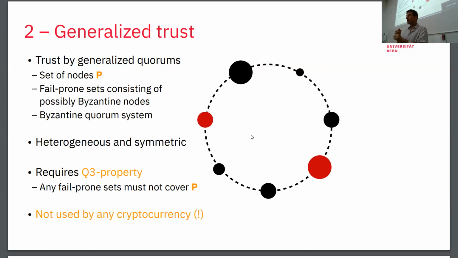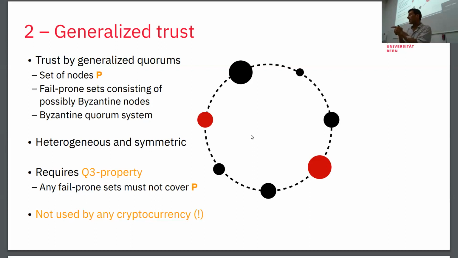This has long been known as Byzantine quorums in this model. You can also do this with cryptography. I'll talk about this later. This model is heterogeneous, not all the nodes are trusted the same, but it's symmetric. Every node has the same trust assumption, right? You have to abide by the same. If you participate in that system, you are assuming the boss is more important than the others, or you're assuming that these red nodes have this disruption power that they have.